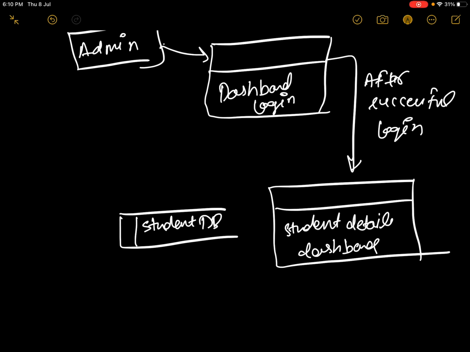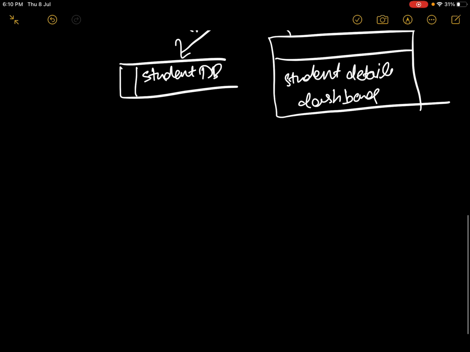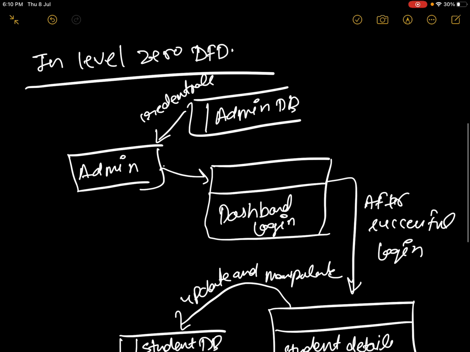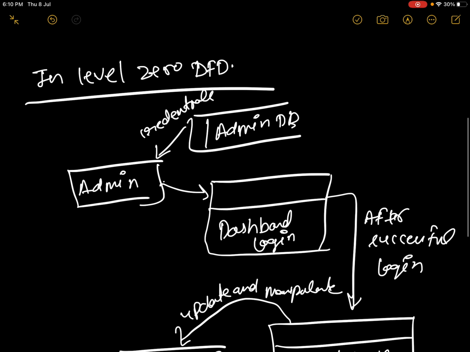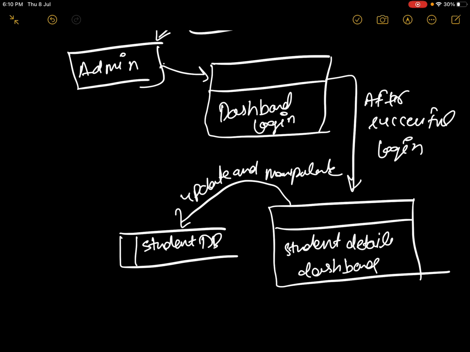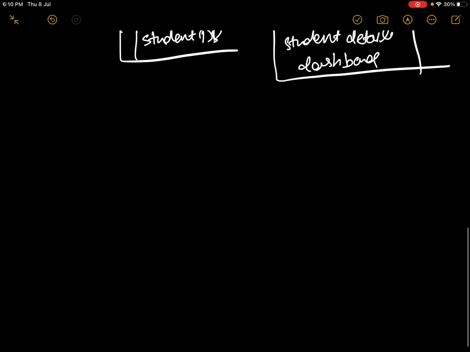So what admin can do, admin can update and manipulate data inside the student table. So this is basically the level 0 DFD. I'm not taking the fee structure here. If you want to do that, just start one arrow from there and you can make it. Okay, so this is the level 0.